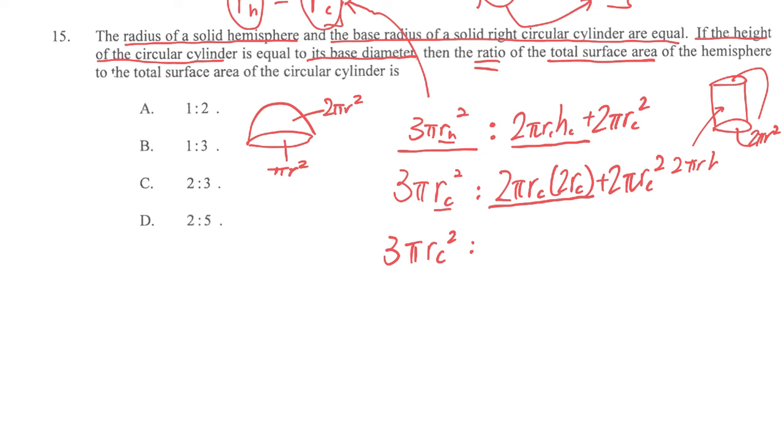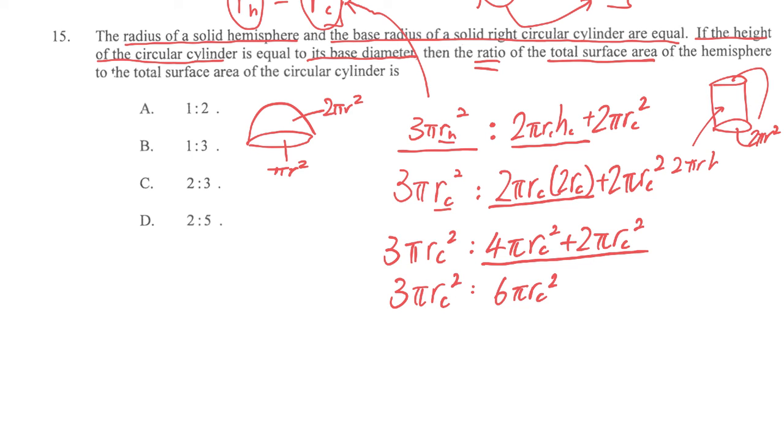It's 2 times 2, it's 4 pi RC squared, and then we have 2 pi RC squared. And hence, because they are both pi RC square, we have 6 pi RC square and then 3 pi RC